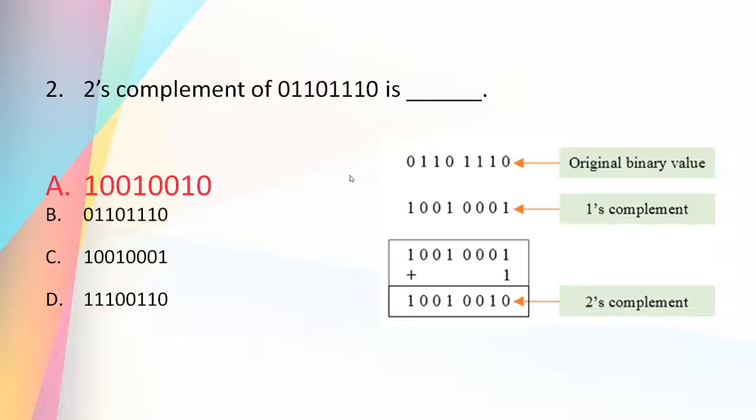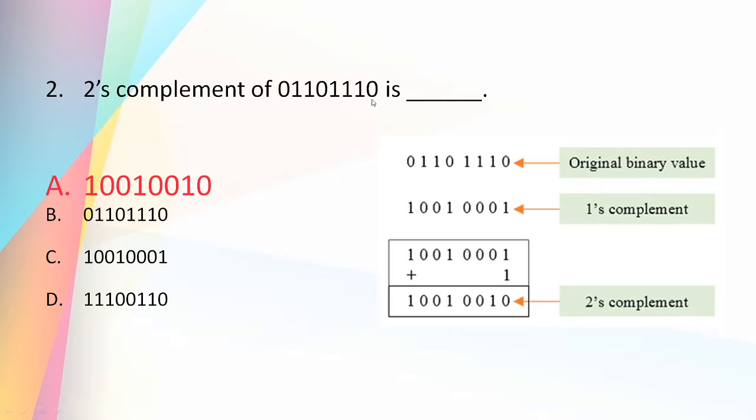Instead, I have a simple method. The method is you start from the rightmost bit. So start from the rightmost bit and start writing them down towards the left. Once you reach a 1, stop there. So here I will be copying 0, 1, then stop there. Then invert all the remaining bits. So start from the rightmost bit position, copy down until you reach a 1, then invert all the other bits.